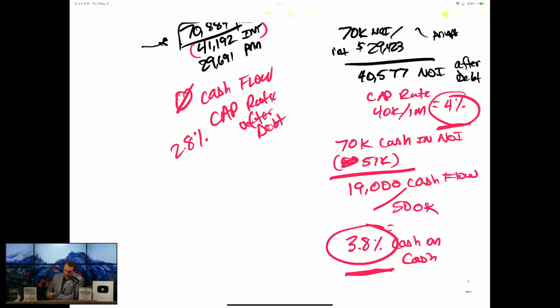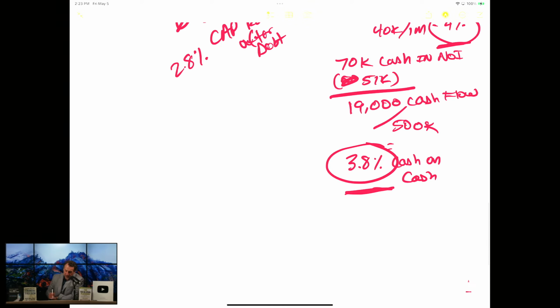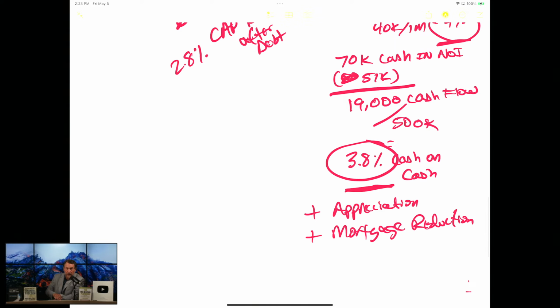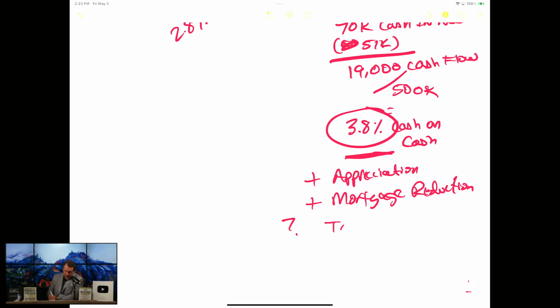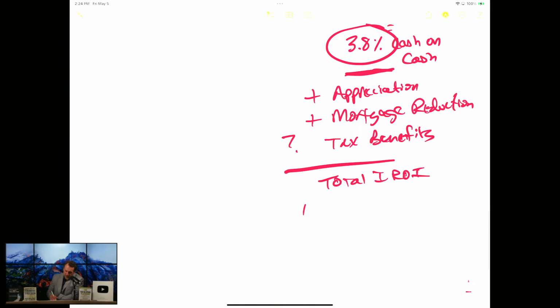Then if I can take this cash on cash, add to it appreciation and mortgage reduction, and maybe I'm getting some tax benefits. Maybe that depreciation is flowing through and it's saving me some taxes. We don't know. So when I start adding up all these other benefits, this gives me my total internal ROI, return on investment. My internal, after all the factors, and you might have others, everybody can build their own model, internal return